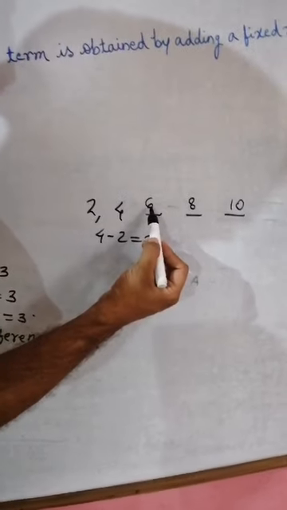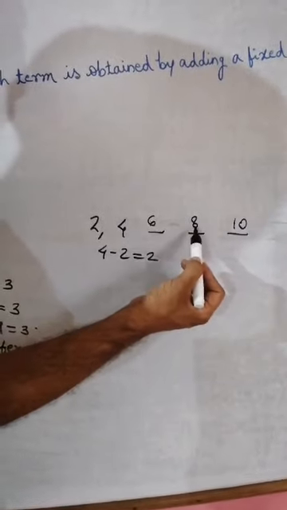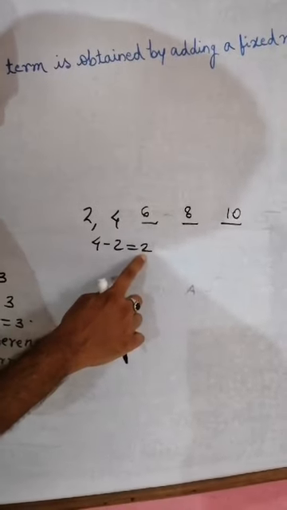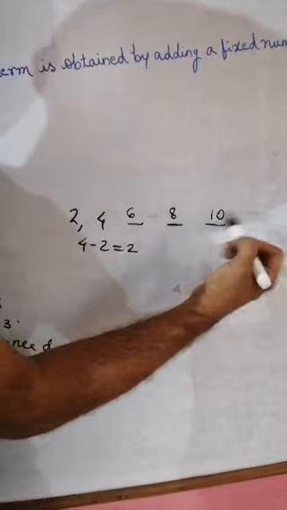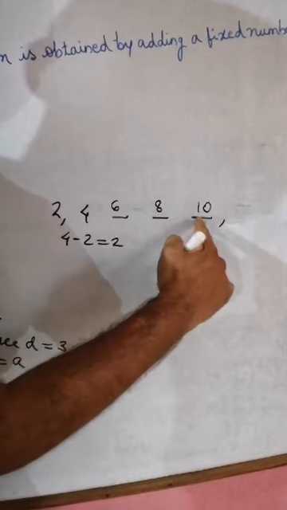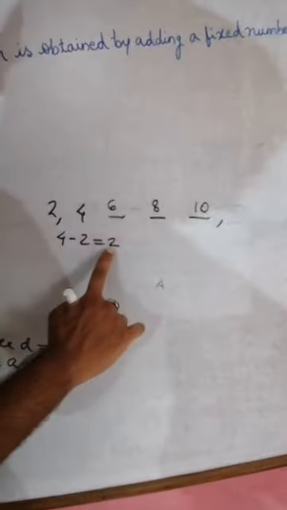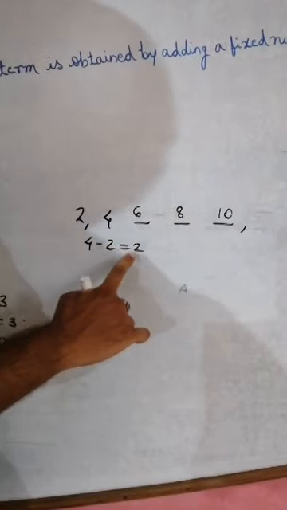So in the next term, 6 plus 2, if I add, I get 8. So what is the common difference? That is what we have to add, and we can form any number in the AP. Now suppose somebody asks what is the next after 10? 10 plus 2. Why will we add 2? Because 2 is the common difference. Now I hope you understood what the AP is.